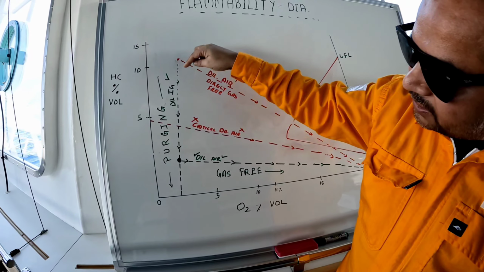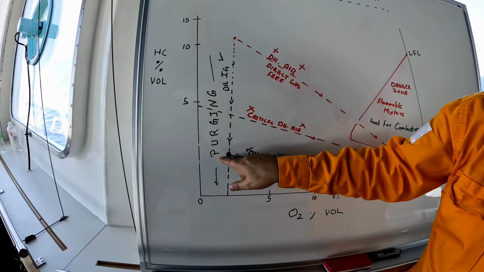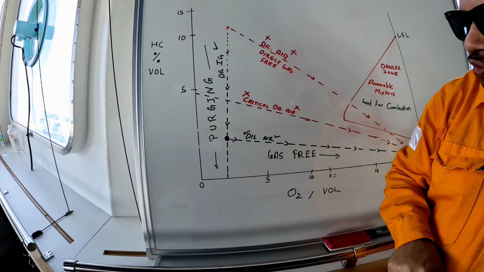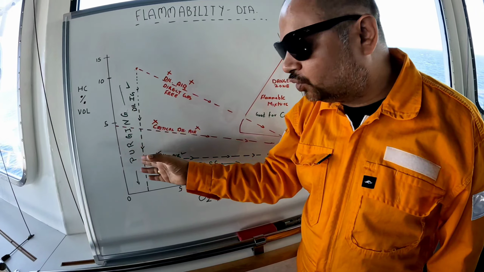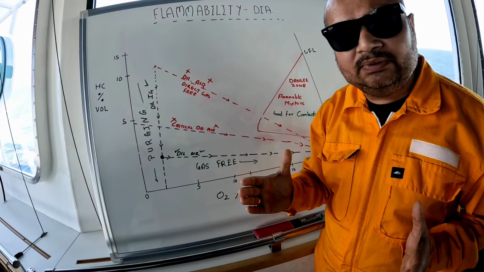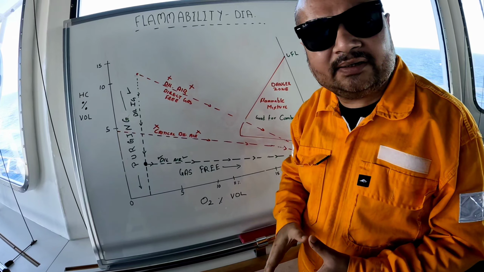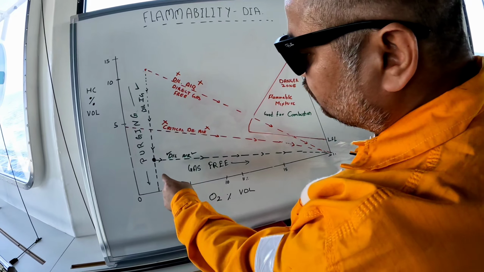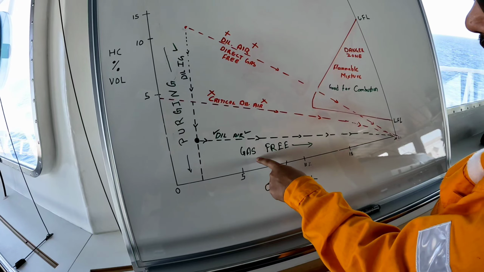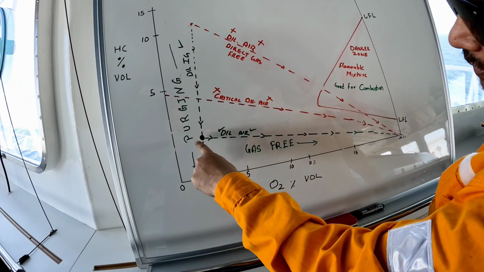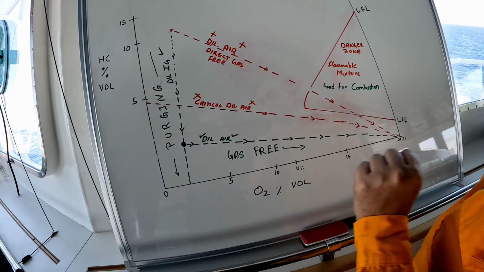So first we will do purging. In purging, we will dilute it with IG, and then when we check with our gas meters, your volume has come to about 2%. That is the time we will change the tanks from gas purging mode to gas free mode. Gas free mode means we will be inputting air now, right into the tanks. So from this time, when you start inputting air, this is called gas free mode. So first we come down, then we start moving rightwards. This is the longer way of doing it, but this is the safer way of doing it.